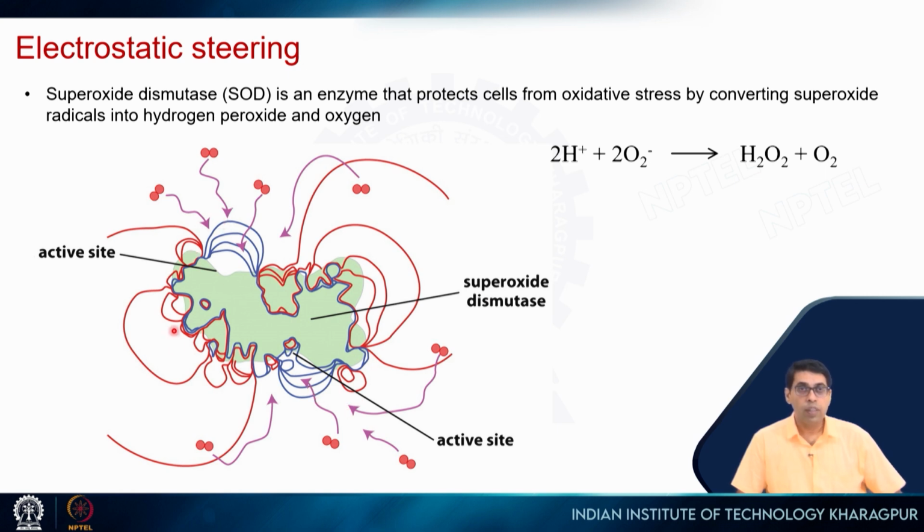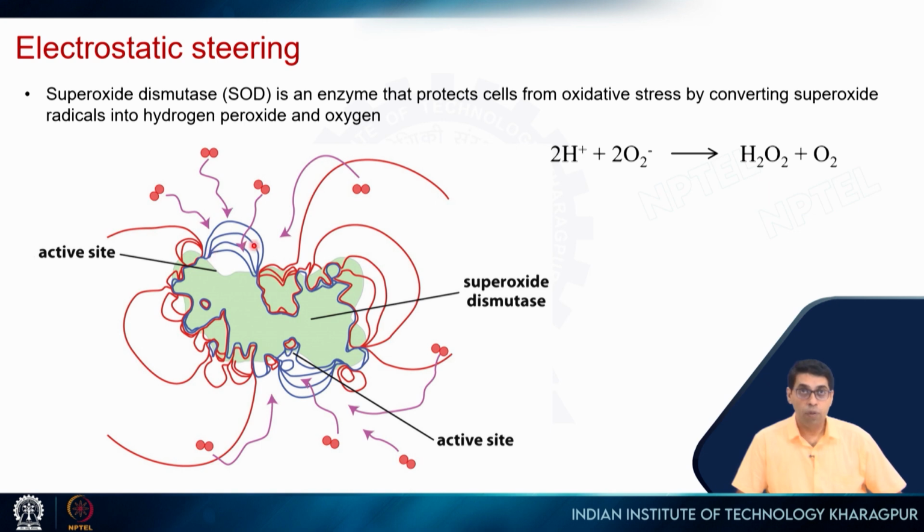So, most of the enzyme is negatively charged. Again you see that the substrate is negatively charged, red means negatively charged residues. So, if the superoxide is here or here, it will be quickly repelled out of this region. So, it is not going to bind the enzyme here or here. On the other hand, once it drives it out, it can get into this region which is positively